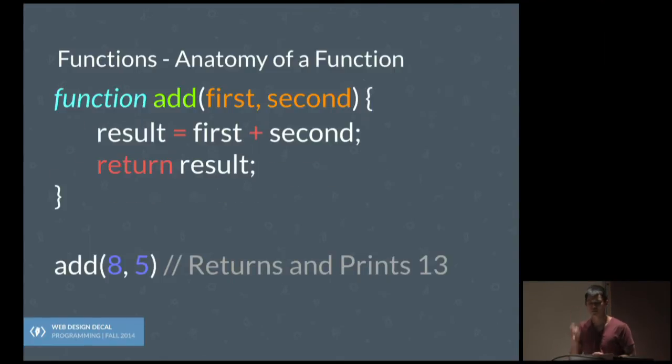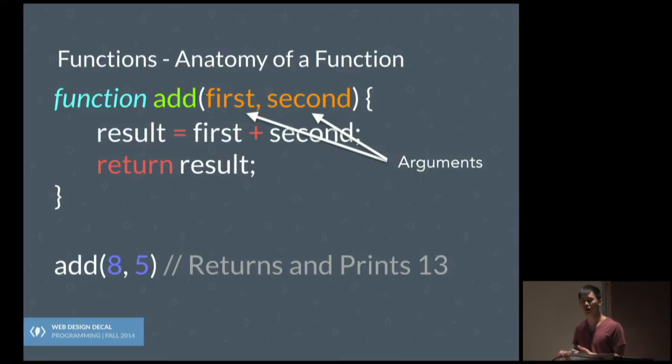Let's see. So if we look at any function in particular, we can take a look at this really dumb function, but it serves as a good example. It's basically if you wanted to add 2 things. And the way you add 2 things is, of course, your function should take in 2 inputs, right? And so the way we do inputs in JavaScript is that we have, also we call them arguments too. So inputs, arguments, used interchangeably within programming. But basically, it takes in 2 arguments. I can call them whatever I want to, right? So I call them first and second, and I set a variable result, which basically has the sum of first and second, then I return result.